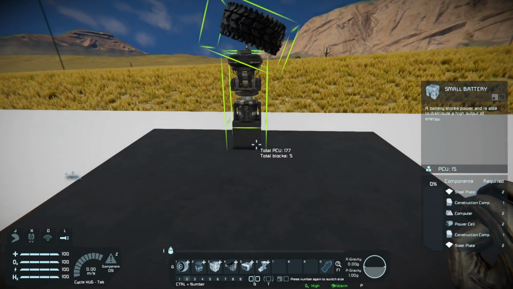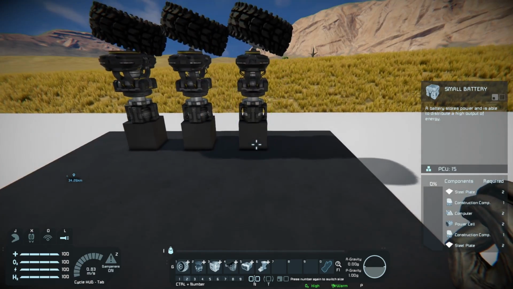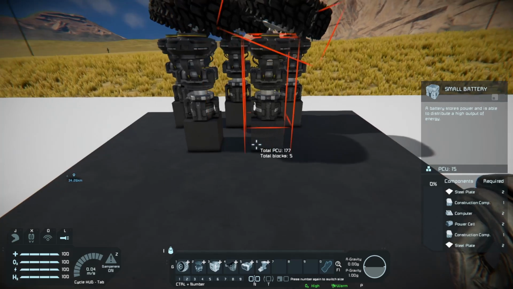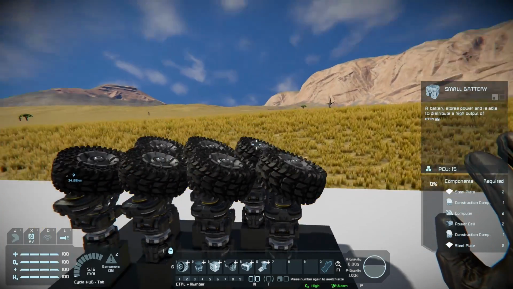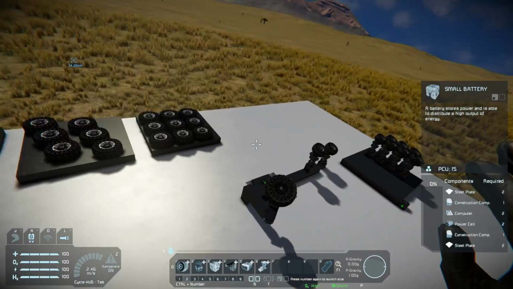So let's say that is the center of that bit. Put one there, one there. Put one there, one there, one there, one there. That makes a grid. Exactly like that.